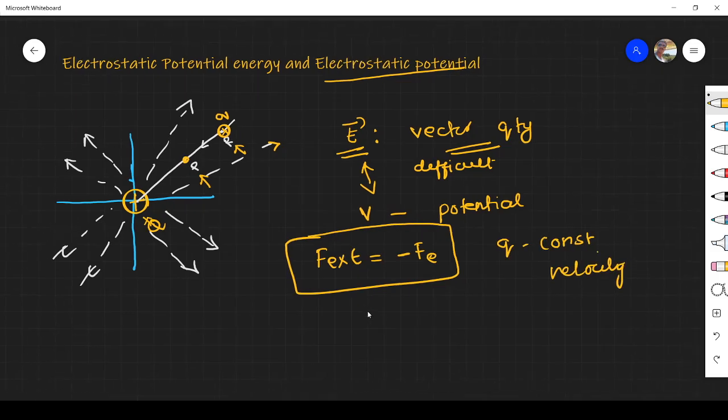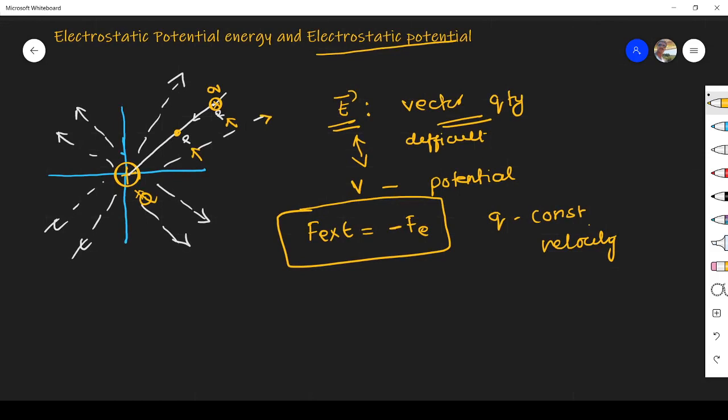Now, how much work has to be done to move a test charge from point R to P? That is given by W equals the integral from R to P of F dot dl. Why did I write this? Because we know work done is equal to force times displacement, as we studied. But here we are dealing with the microscopic structure, not a big macroscopic structure, so we cannot simply connect P and R and calculate the work done.